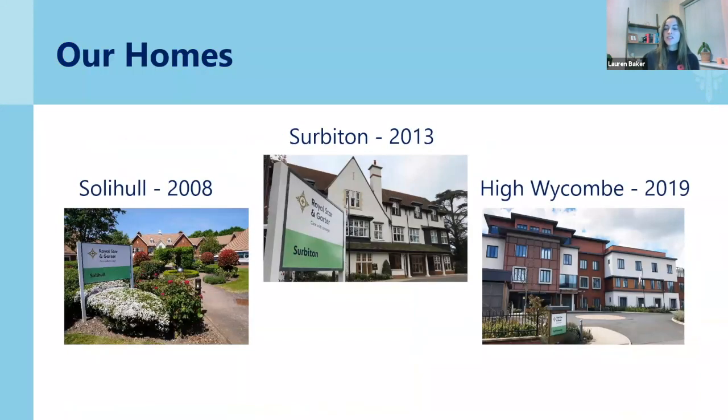And here are our 3 new homes. Our Solihull home was opened in 2008, and our Surbiton home, not far from Richmond, was in 2013. And on a sunny August day, residents left the Richmond home through a lovely balloon arch for their new home in Surbiton. Each resident had a boarding pass along with the door number of their new room. Our newest home on the right is in High Wycombe, and we opened that only a couple of years ago